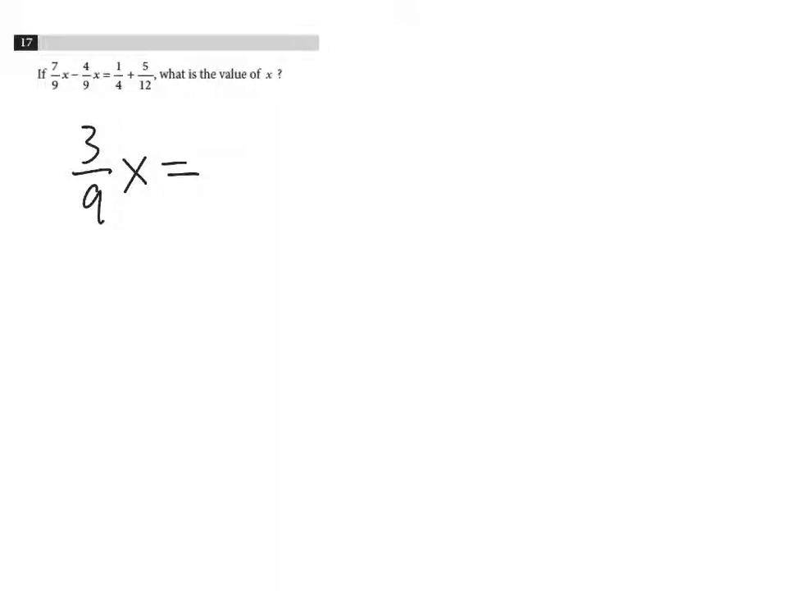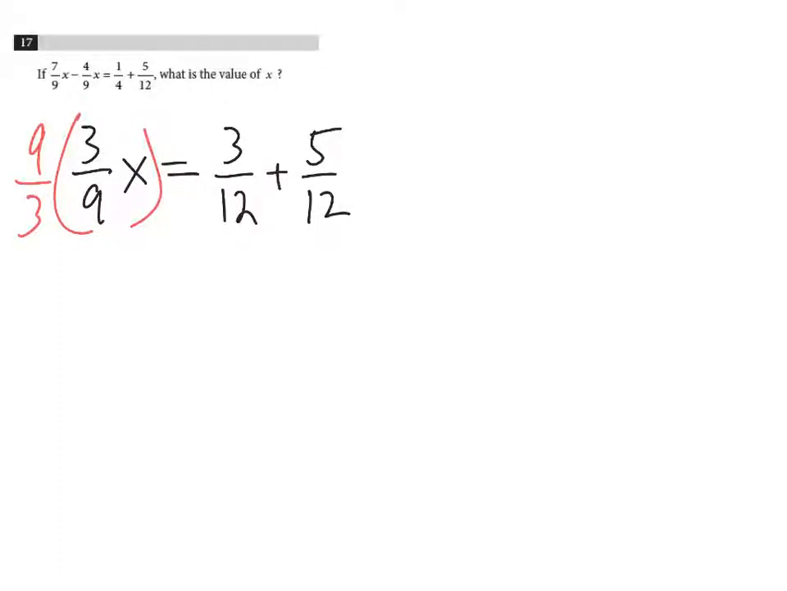So I'm going to multiply the first term by 3 over 3. I'll get 3/12 plus 5/12. Okay. I'm going to do 2 steps at a time here. I'm going to multiply both sides by the reciprocal to get rid of that 3/9 coefficient. I'm going to do the same thing over here,